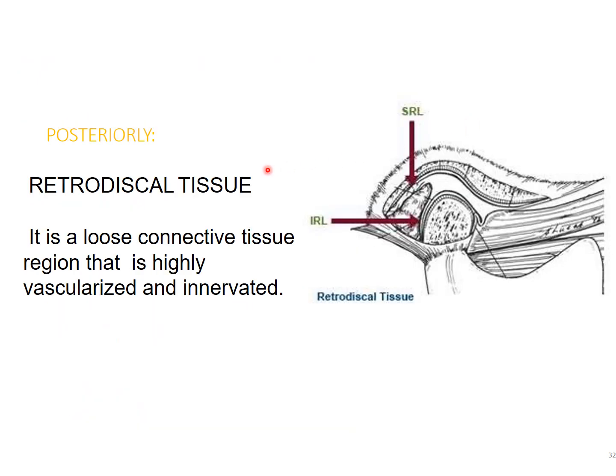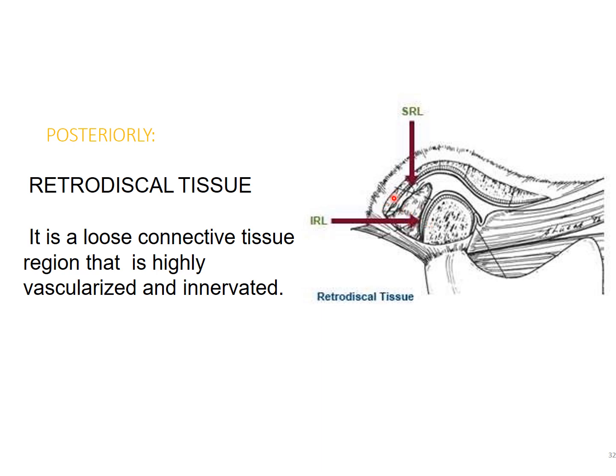Now, posteriorly, the articular disc is attached to the retrodiscal tissue. This is the TMJ capsule, what we see around the neck of the condyle and the glenoid fossa. And this articular disc is posteriorly attached to the retrodiscal tissues. These retrodiscal tissues are a zone of loose connective tissue which are highly vascularized. And also the glenoid fossa in the posterior portion consists of thin bone, so we